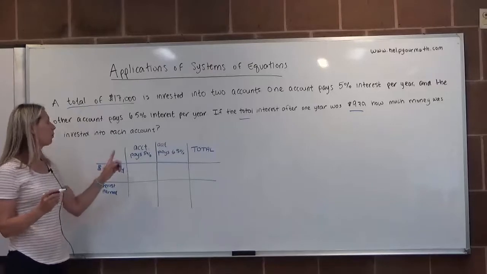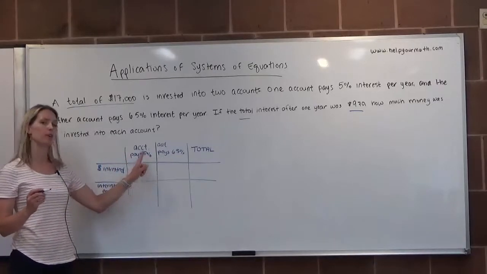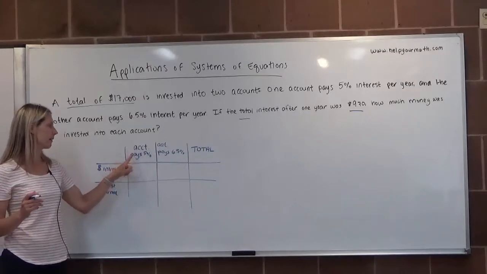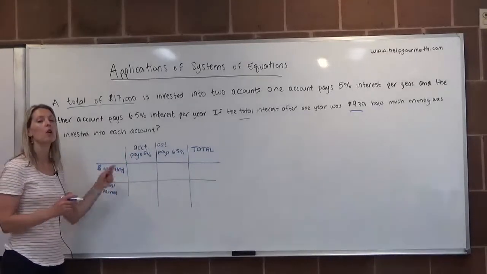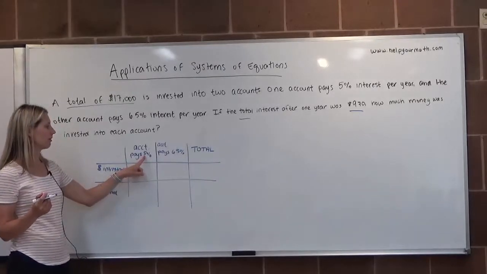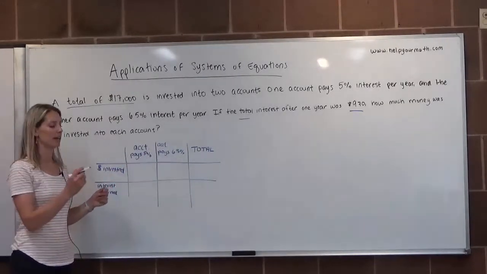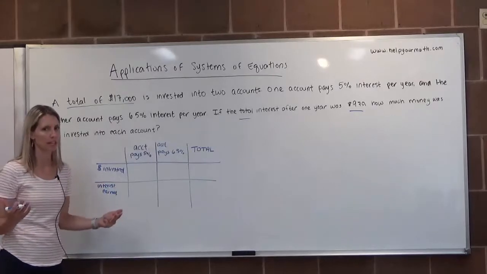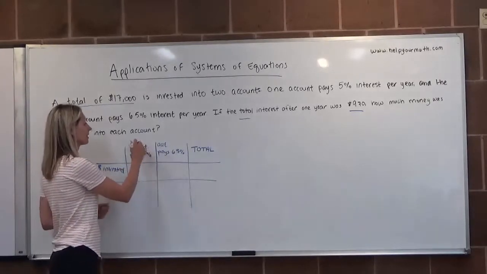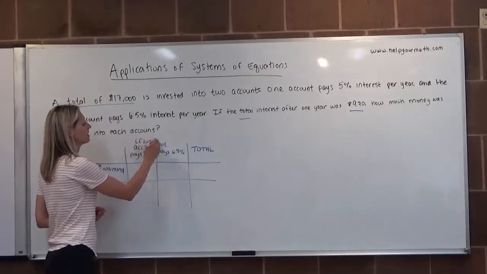All right, now these are my two unknowns right here. What we're trying to figure out is how much money is in each account. This is it, the account that pays 5%, this is what we want. We're going to assign this a variable. Instead of using x and y here, I usually will use the first letter of the number that it is, unless of course they're both the same. Like if it's 6 and 7, you can't use s for both. But since it's 5 and 6, this one I'm going to call f, and this one I'm going to very